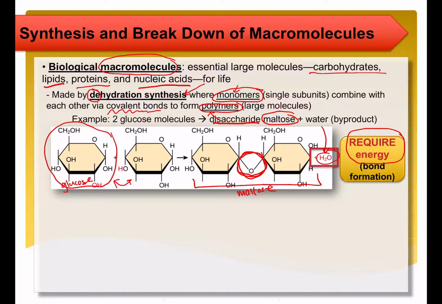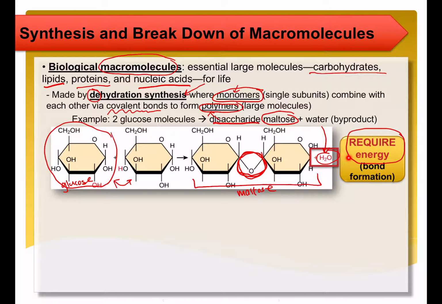Okay, and hence we'll talk about energy flow in a biological system when we get to chapter 6, because we need to know where this energy comes from. Okay, and hence this is why we need to eat. This is why we need to gain energy, in the form of ATP,